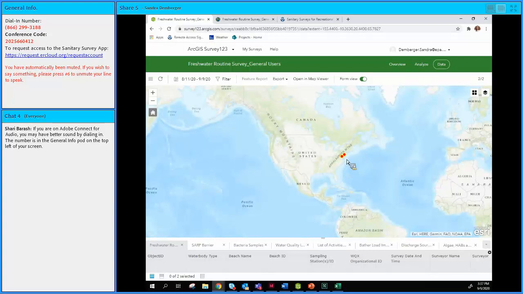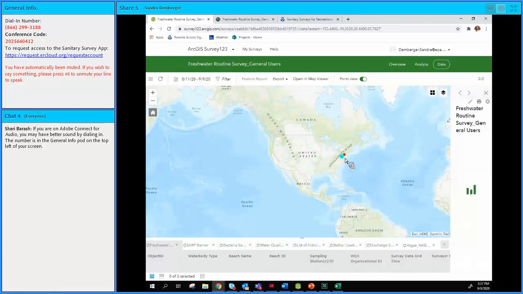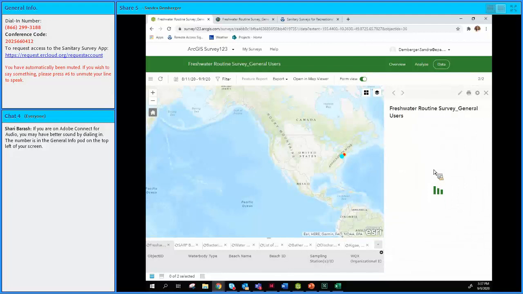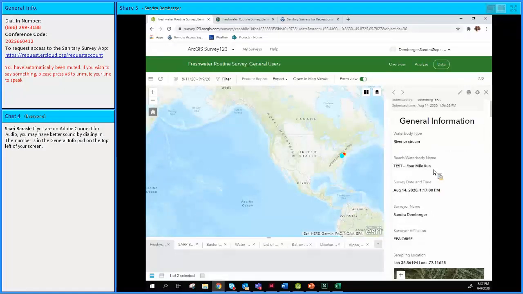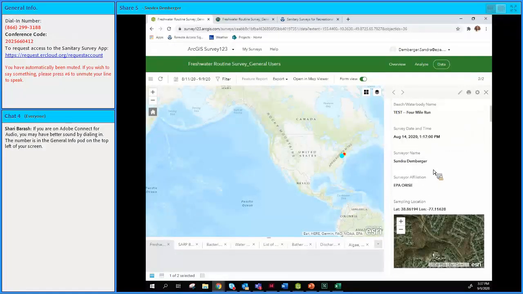Okay, in this tab, I guess, you can see here my 2 data points. The first way to view your data, I said there were 2, is by clicking on your point. Here we go. When you click on your point, you see this little window pop up on the right-hand side, and it's a little slow today. It's usually not quite this slow, but what you'll see, here we go, is all of the data that you